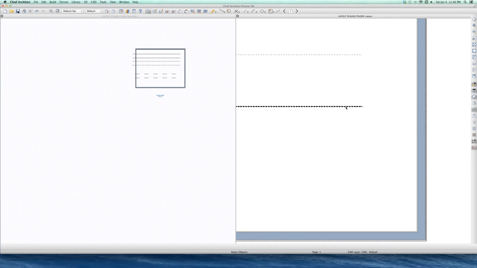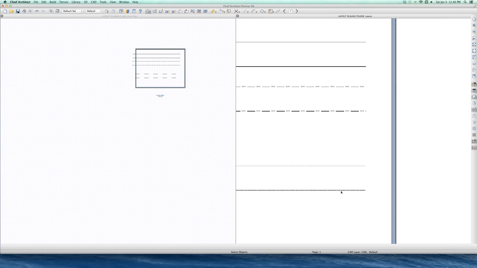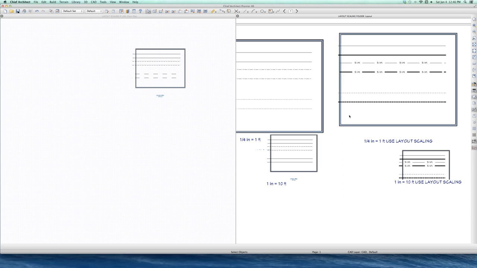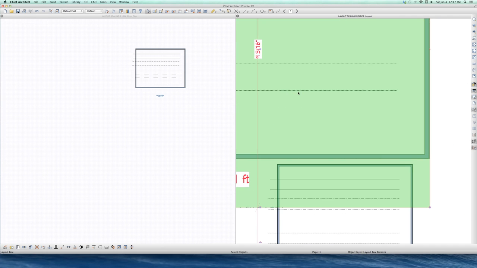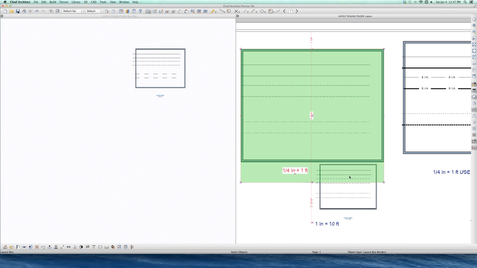You see this dash line here? It's sort of heavier than, say, this line weight down here. But now these two views that were sent to layout with using layout line scaling, this and this, they're all the same line. If that's what you want, fine. But I'm saying if you don't send it to layout with use layout line scaling, you have the additional option of changing these things. And why is that important? And that is because